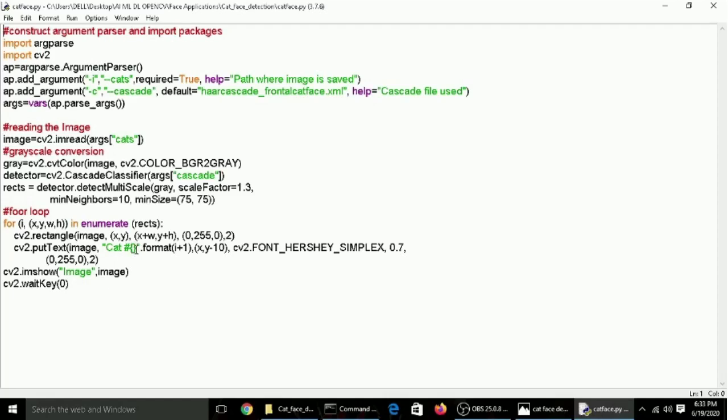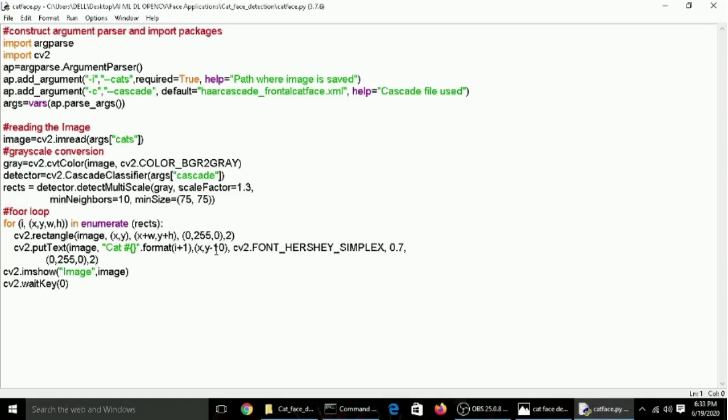In this placeholder we are initializing with the format i plus 1. Since you know in Python the for loop starts from 0 and goes till length n minus 1, that is minus 1 the higher limit. So it will start from 0 plus 1, 1, so cat 1, 1 plus 1, so cat 2, and so on. We are also passing x and y, but y plus 10. This position also you can experiment with and check how it is detected.